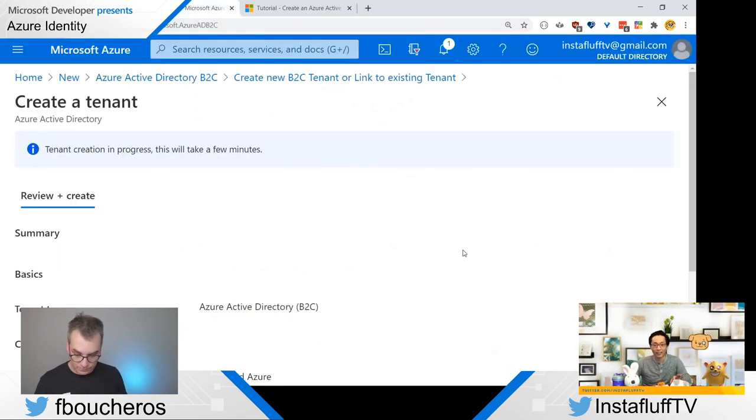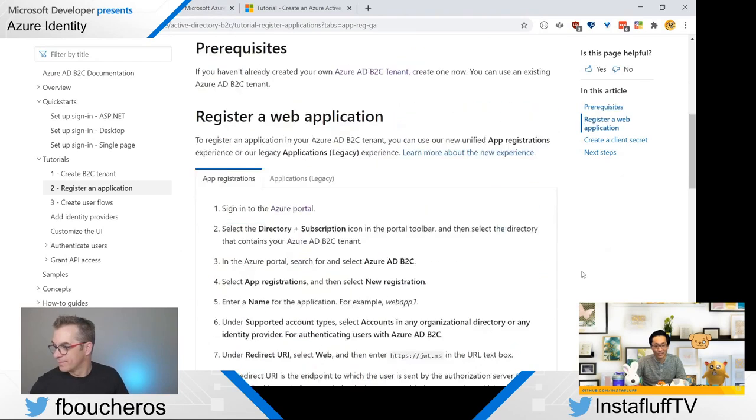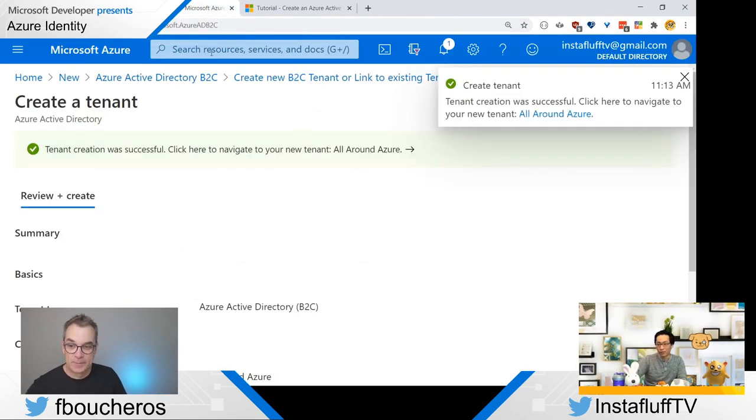There's a tutorial page. So there's 3 steps to this. And the first step is kind of like a side quest. You go to home and then you go to create a resource and then you search for Azure Active Directory B2C. I've only done it once, but once you create a tenant, it's not like you're going to create multiple organizations all the time, right? So you just have to do it once. That's pretty easy. And now we register an application. So you go to the portal and then you search for Azure Active. Oh, there it is. Create tenant. Finished.